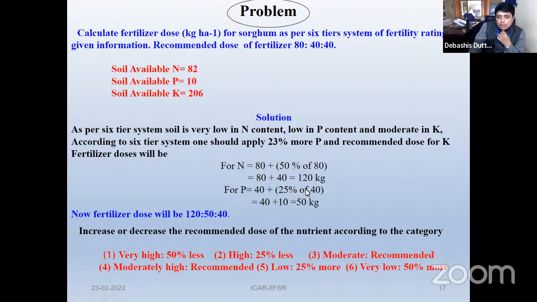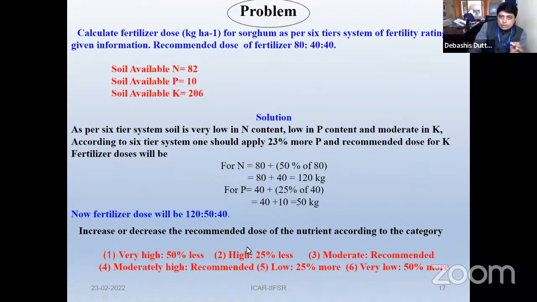So 40 plus 25% of the 40, that is 10. That means the 50 kg. So the recommended fertilizer dose will be 120, 50, and 40, and that is the recommended dose for a particular crop in a cropping system whose recommended dose of fertilizer is 80, 40, 40. And in this way, we can calculate the recommended dose of fertilizer during our fertilizer prescriptions in the organic farming